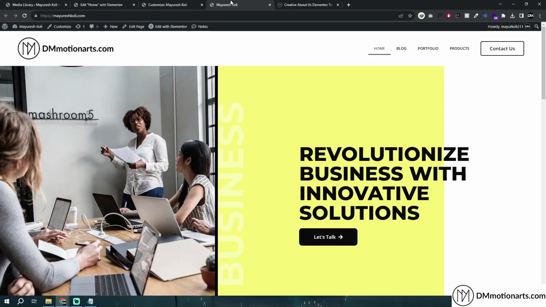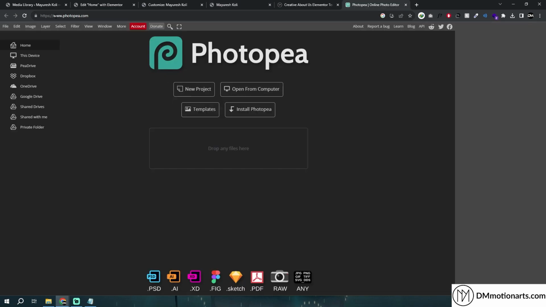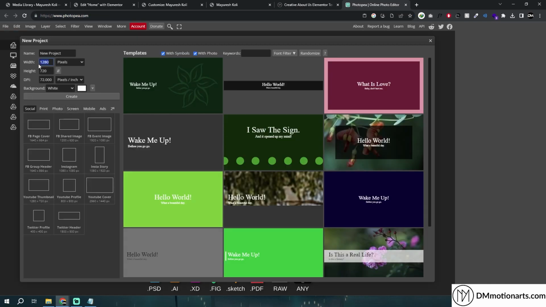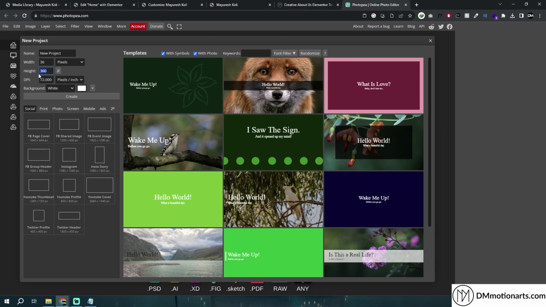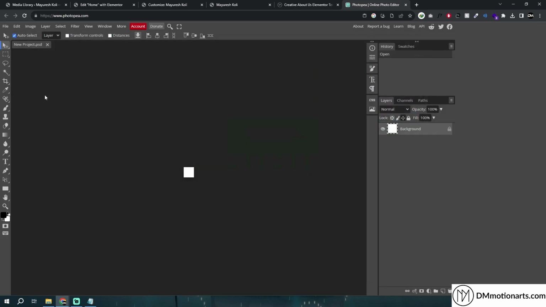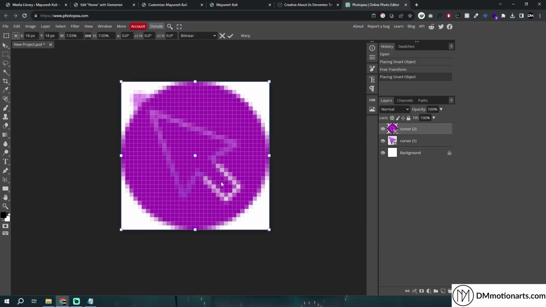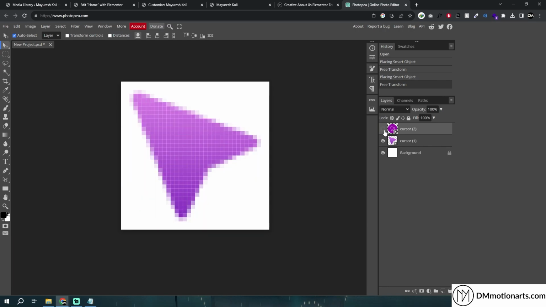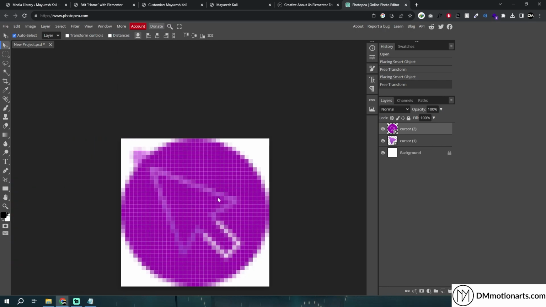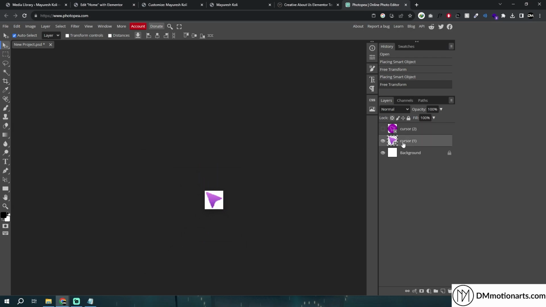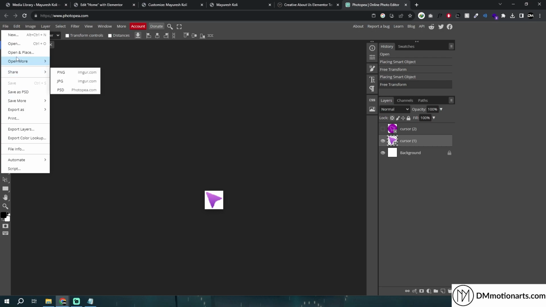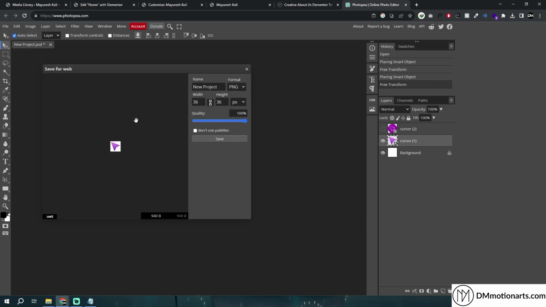We don't want that much, so we need to reduce it to what we want. So I'm going to use Photopea, which is an online website, basically like Photoshop. File, new, I'll make it 36 by 36. Basically this is the size I'm going with. We cannot keep it too big, and I'm simply going to drag both of my images here. So you could see the first image and second image. So let's save the cursor: export as PNG,